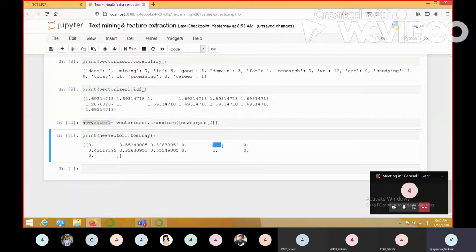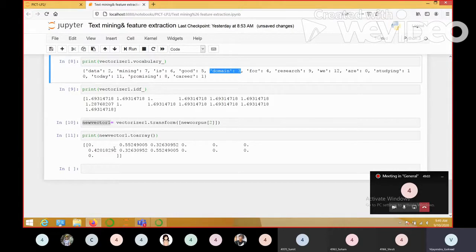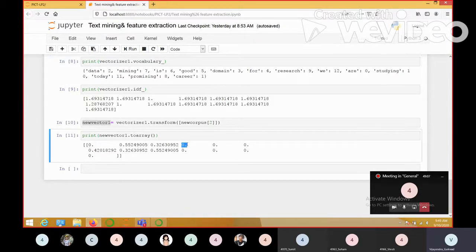Understand this? Domain has an index value 3. If I see the third value in our array, 0, 1, 2, 3, it is 0. Understood this?